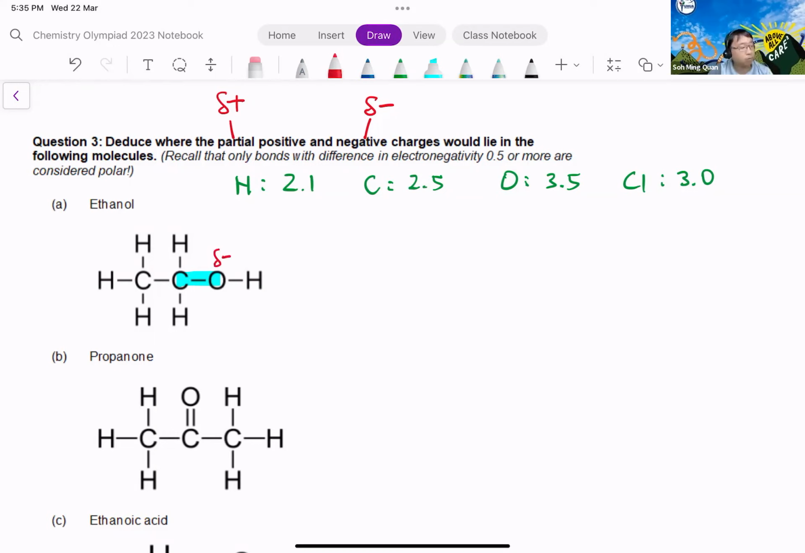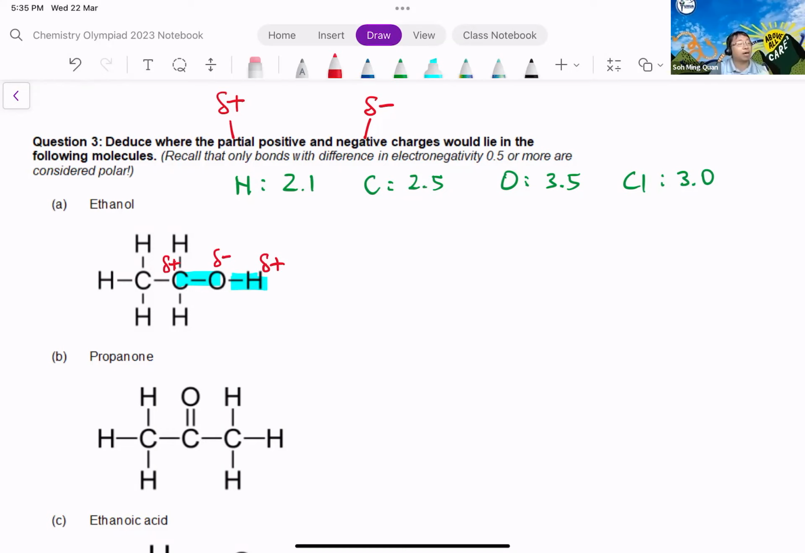Oxygen is more electronegative than carbon, so carbon is positive. Another bond that's polar is, of course, OH. Definitely polar, as we saw with water just now. Again, oxygen is negative because it's more electronegative, and hydrogen is where the delta plus is. Okay, so you can see quite clearly how the partial positive and negative charges are distributed in the